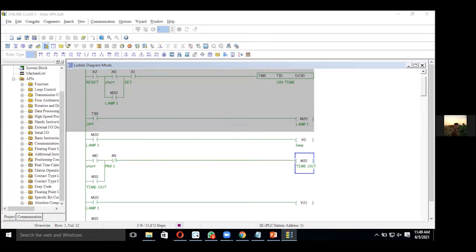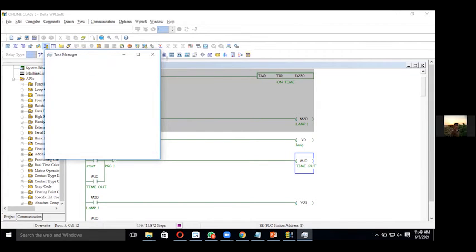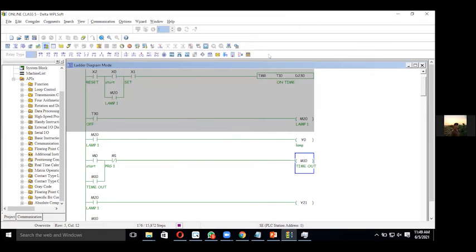Okay. So I'm going through the monitor system. First, we go to the simulation mode.